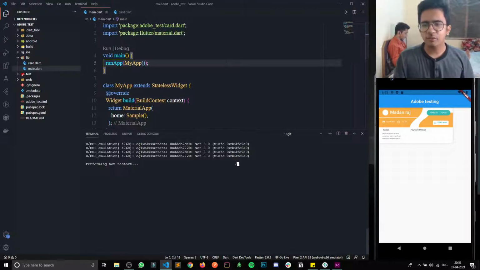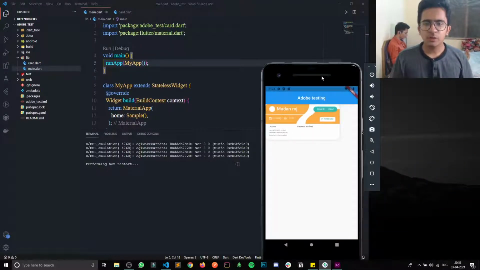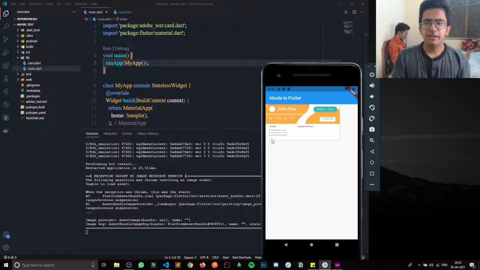Actually, you guys have already seen the output, but I will tell you something more about it. Let it restart. Okay, it has started. Here you can see the title, Adobe to Flutter, and there is one card. Perfect, awesome.